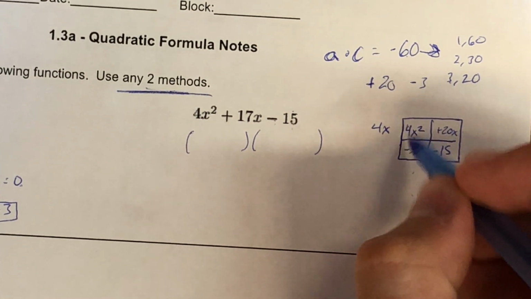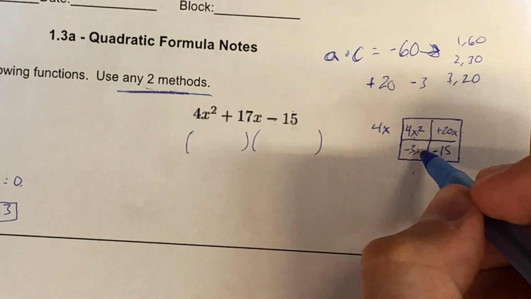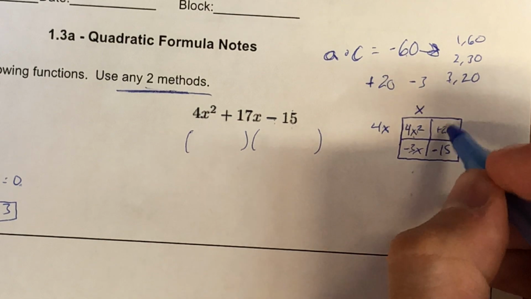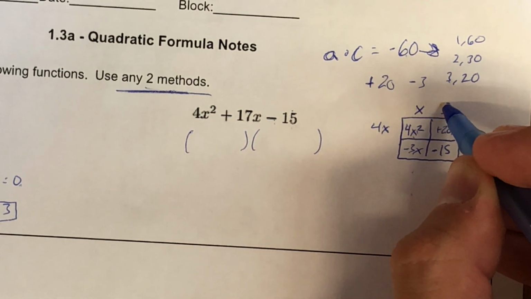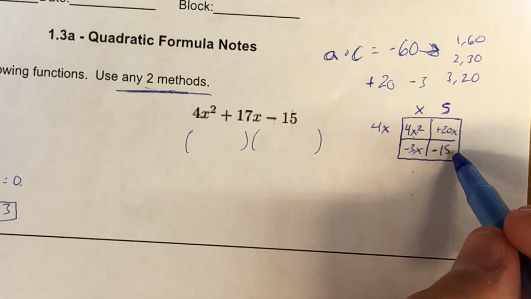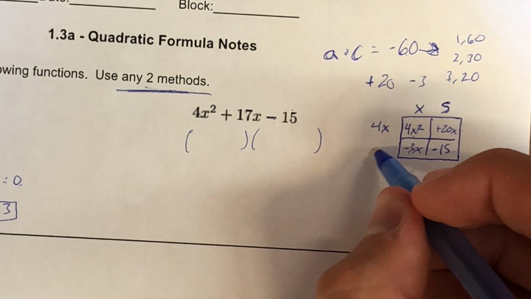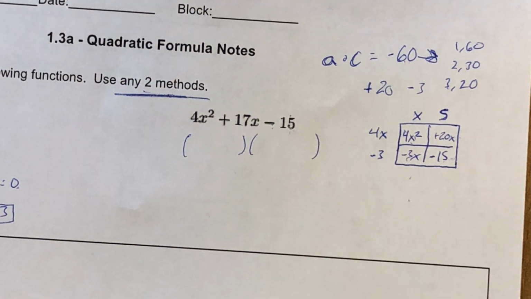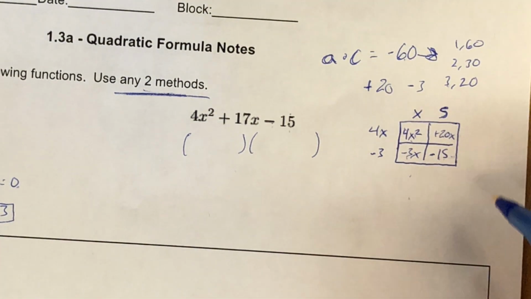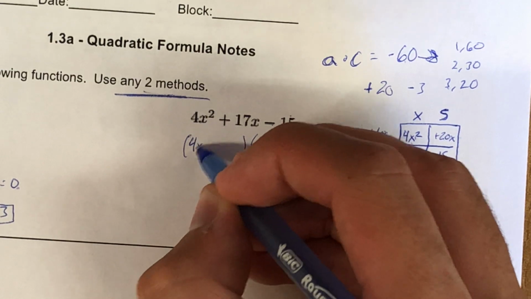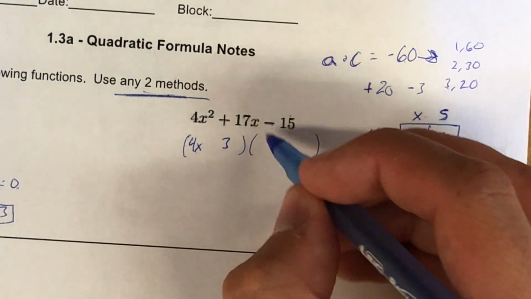Here, 4 and 3, no common factor. X squared and x, you can pull out an x. 20 and negative 15, both divisible by 5, and then you just have that x, which there's no x there, so you can't pull any out. And then negative 3 and negative 15 both have 3. Could be negative, could be positive. So from here, we've got 4x and 3. We've got x and 5,